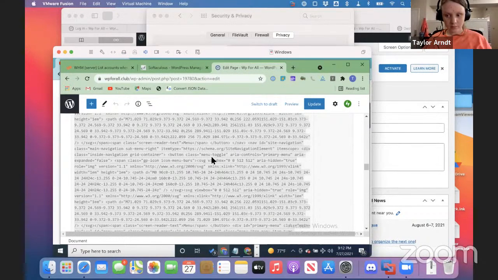Input type equals https://schema.org/wp header items scope, div class equals inside header print container, div class equals site logo, href equals https://world.club/ title equals wp for all rel equals home, div class equals header images logo image alt equals wp for all src equals https://world.club/wp-content/upload/2021/07/service.svg title equals wp for all. And yes, y'all, you are hearing how the screen reader reads code, for your information.